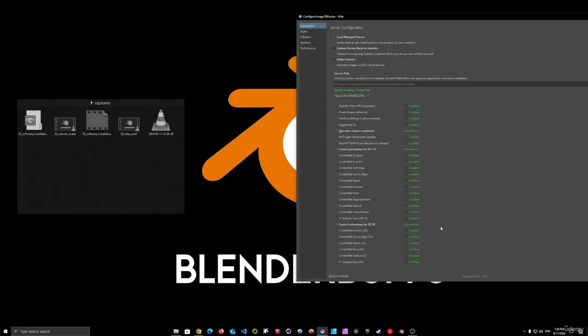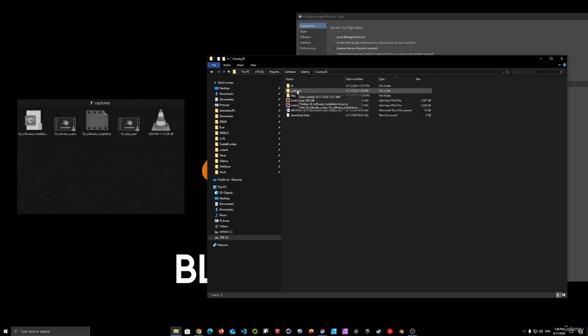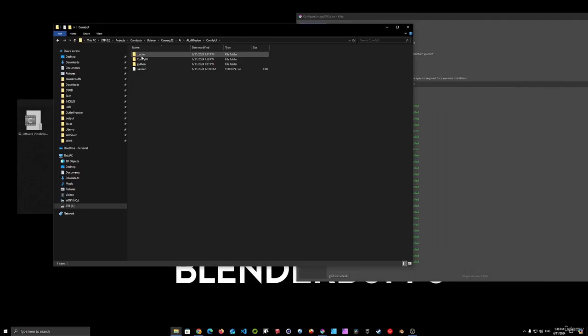The reason why it takes so long to download is that most of the checkpoints are usually quite large. Let me show you. We will start becoming familiar with Comfy UI's folder structure. In this case, we just ran an automated process from within Krita that installed Comfy UI for us. So if you go to your AI Diffusion folder, the one we created, we have the subfolder Comfy UI, and